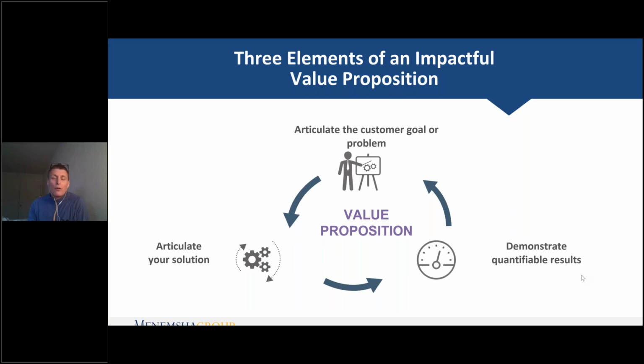In other words, quantifiably, how did they help them reduce cost, increase revenue, or better utilize assets? Did they help them grow market share? Did they take a product to market quicker? This is absolutely critical to have a value proposition like this. And I'll just share, this is the last slide, and then we'll go into Q&A.